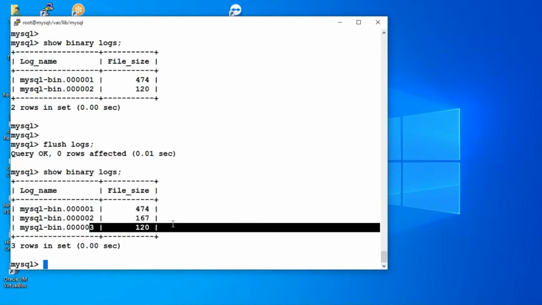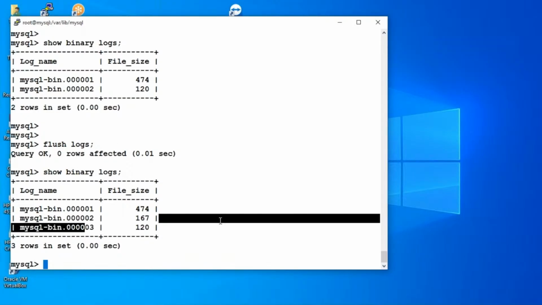If you want to roll back something before the flush logs, if you're doing something special, then you can do that. So that is how the binary log files are created, and continuously, if you're shutting down your server and starting up,